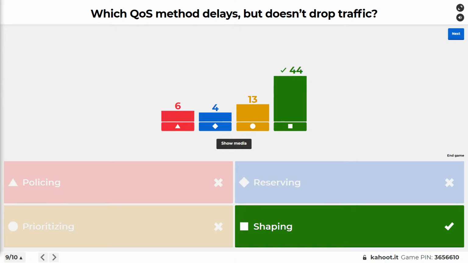All right. This is the same question we had earlier about the headquarters site and the remote sites that have lower bandwidth. It's shaping. When you have one side that has tons of bandwidth and the other side doesn't, you don't want to drop the traffic, but you do want to slow it down so you're not overwhelming the other side.